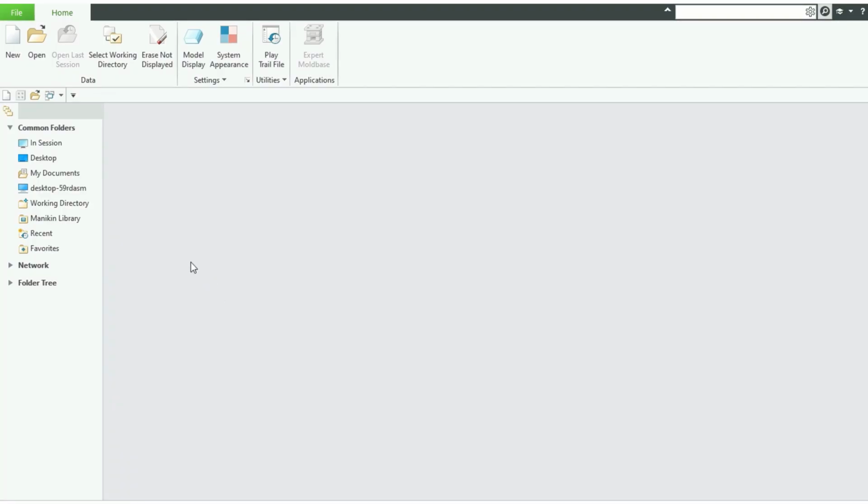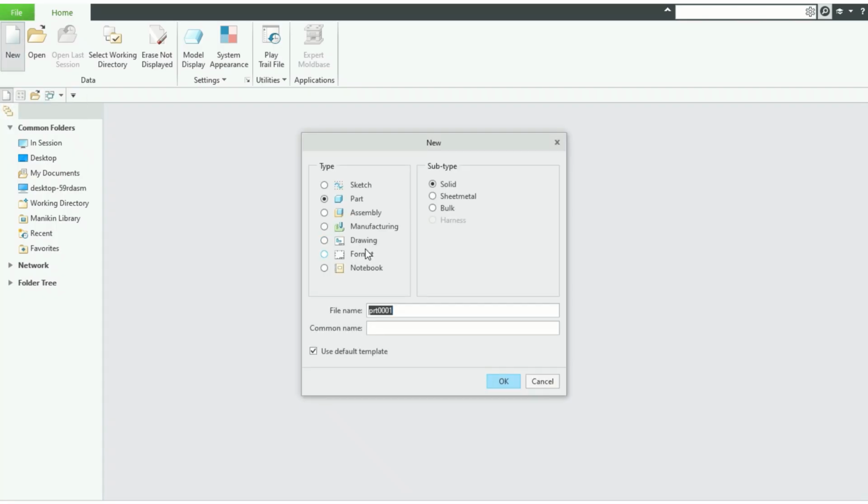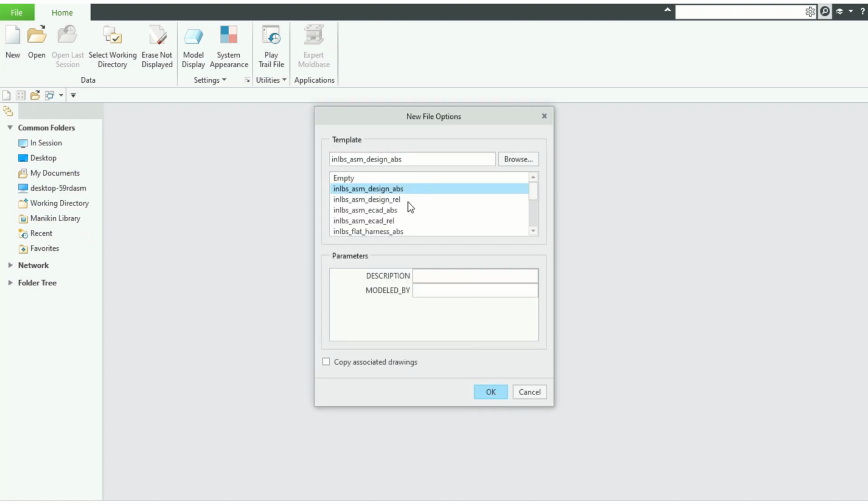Now let's start creating assembly model of Plummer Block. Start with new and select assembly and check the default template and give the assembly name Plummer Block. Okay, assembly. Okay, and select the metric unit template. Okay,